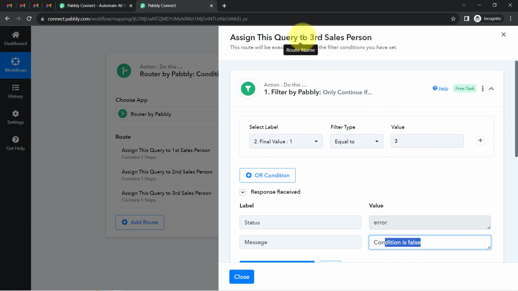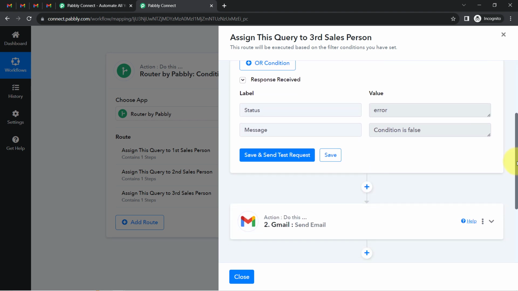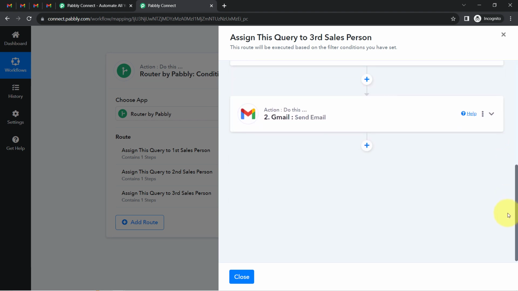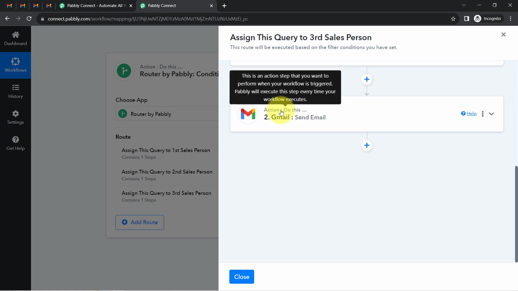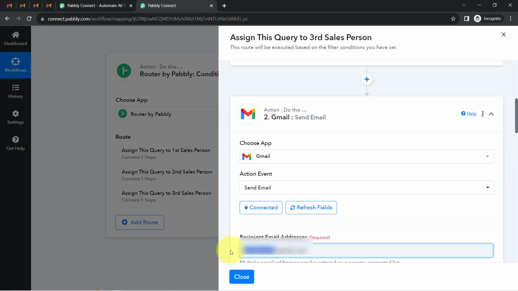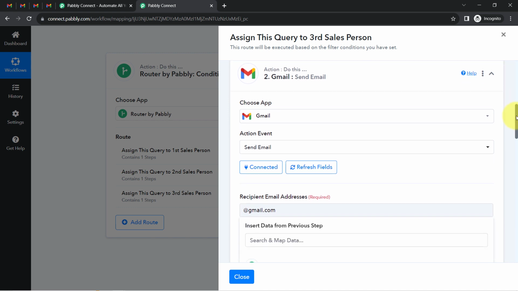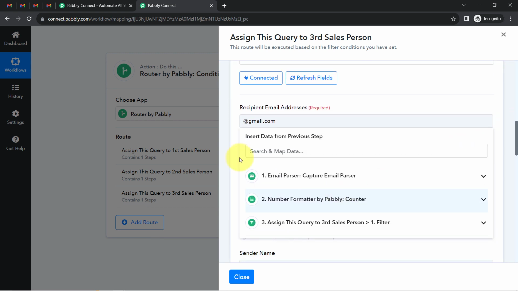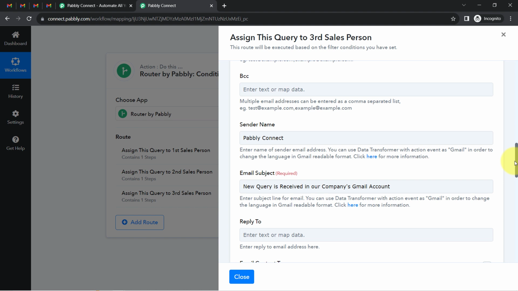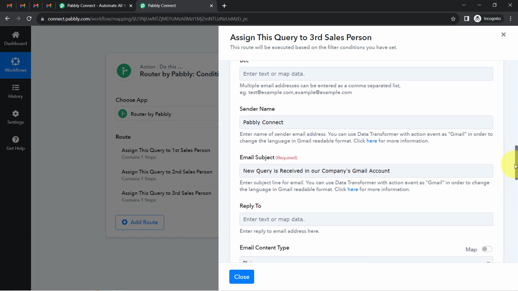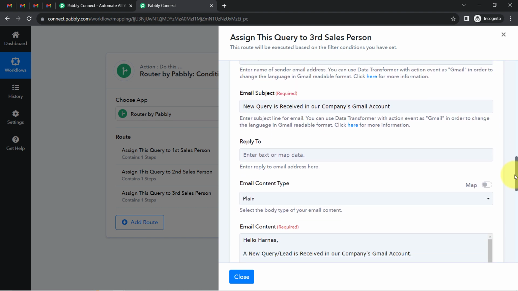I am setting up this third condition for the third salesperson whenever we receive the final value as 3, and whenever this condition is true in future, what should be the next step? So basically the query should be assigned to the third salesperson, so that is why I will be adding the email address of the third salesperson, okay? Give me a second, let me add the very same email address and then I'll come back. Alright, so I have added the email address of the third salesperson also, and again the subject line is going to be the same,